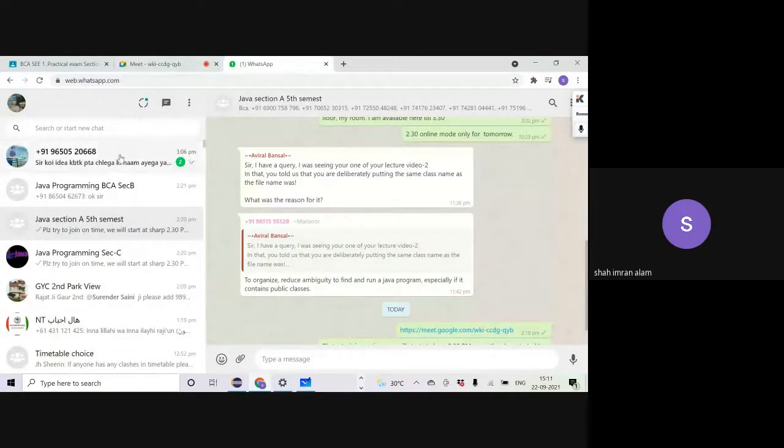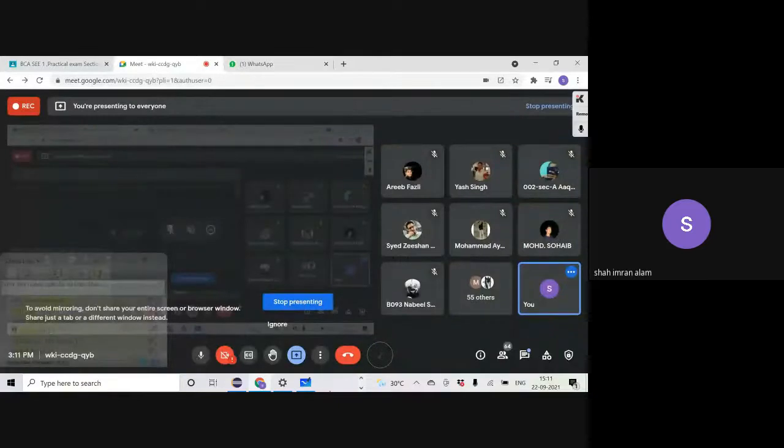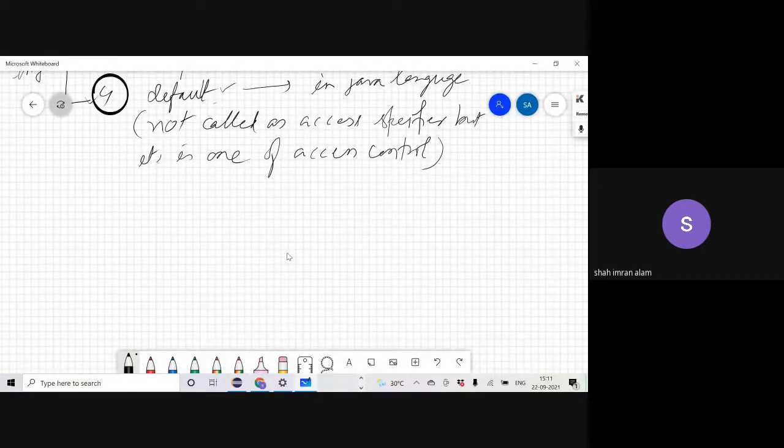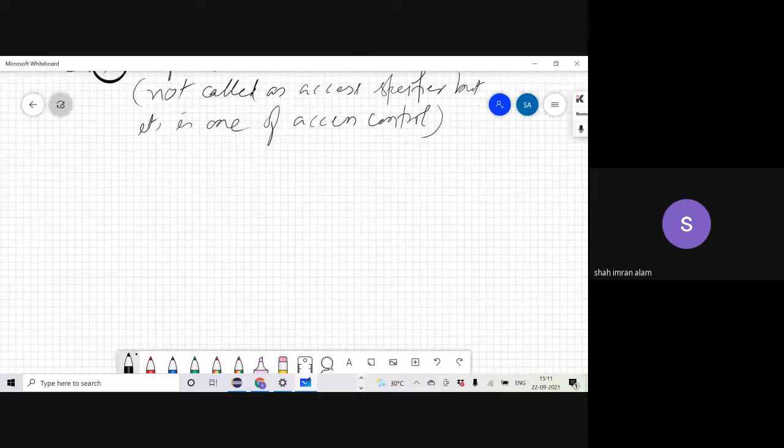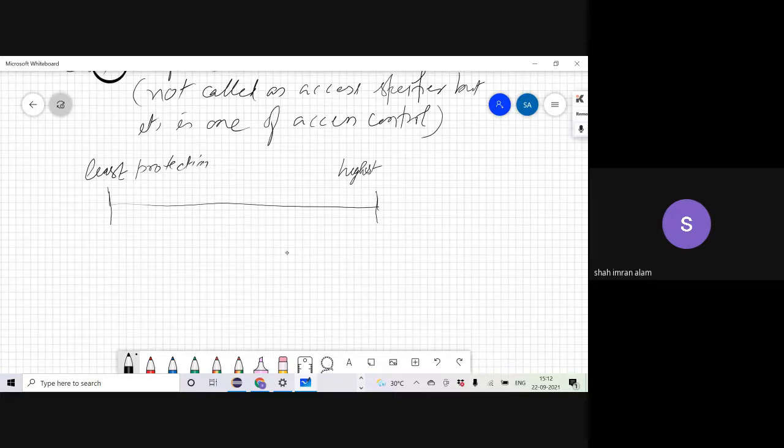Okay, guys. So coming back to this screen, if I draw a line here, let me say this end indicates least protection, and this end indicates highest protection.